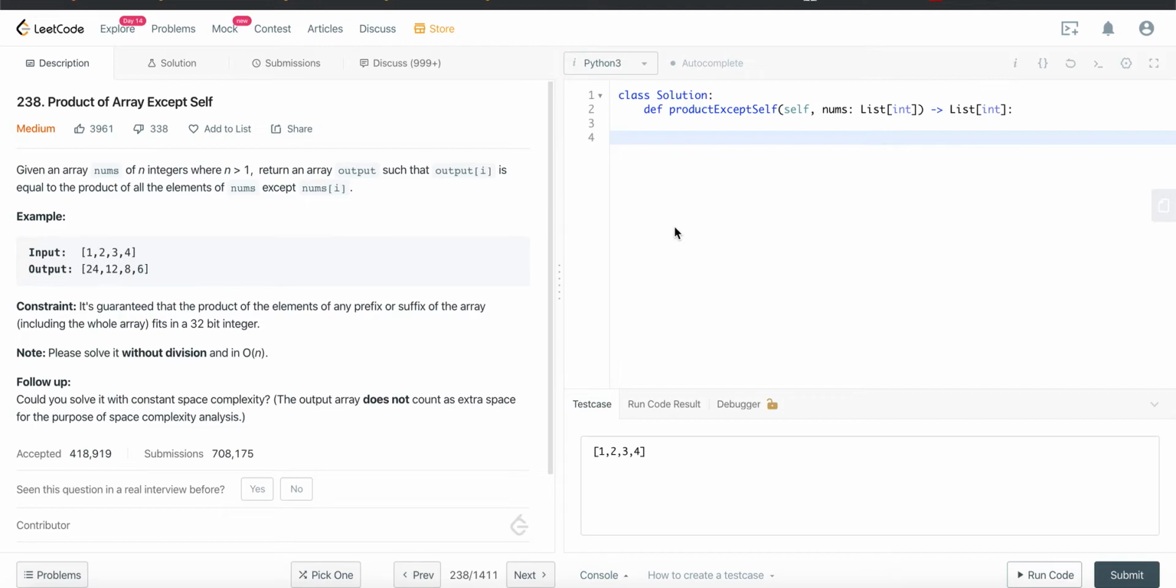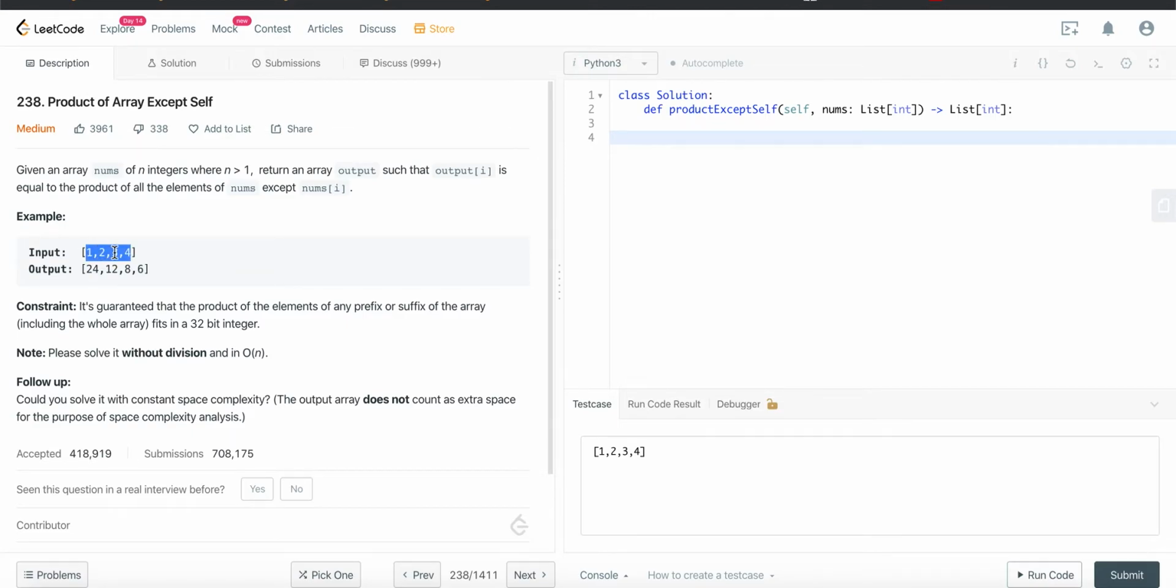So given an array nums of integers, with length greater than 1, return an array output such that output of i is equal to the product of all the elements of nums except nums of i. So basically they have given an array, and we need to find the product of the entire array except self. That means except at a particular index, we need to calculate the product of all the elements for the rest